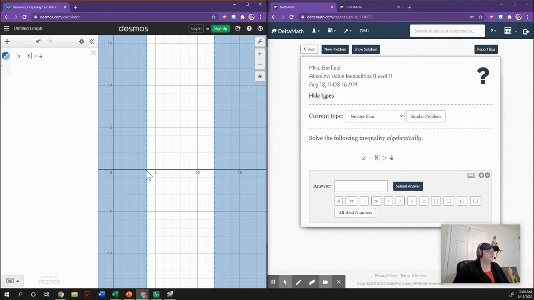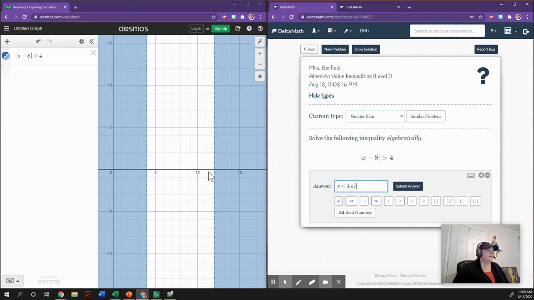Okay, so now I just have to determine where this is. So this is 4, okay? And if I'm going that way, I'm less than. And I've got a dotted line, so that means it's just less than. It's not less than or equal to. So I have x less than 6. No, sorry, not 6. Oops, read that wrong. 4. Okay, I was thinking negative numbers. Okay, or